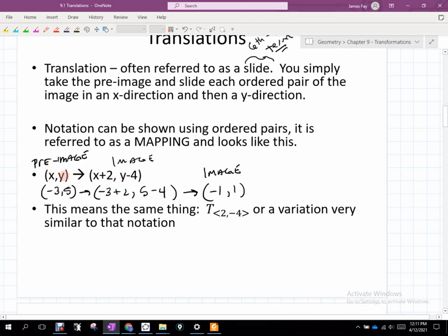So this is a generic mapping, and this would be what you do with a specific value. But if you can do that addition and subtraction to every ordered pair that you have on your pre-image, it generates your image. And because we're going to work predominantly with polygons, the pre-image points that are nice to use are the vertices. If we go back to what I showed you at the beginning here,